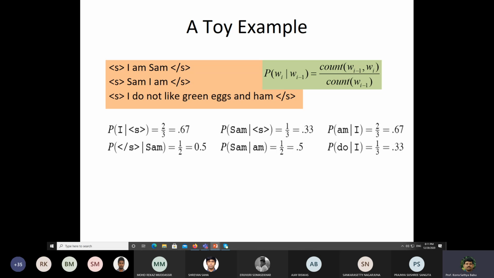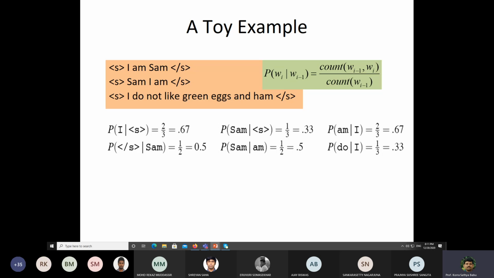You see here, this may be an example. Earlier you asked, it is not bothering about the position. See, in the first sentence, I am. In the second sentence, if you see, Sam, I am. It is not bothered about first and second, or second and third. Okay, it's not bothering about that.